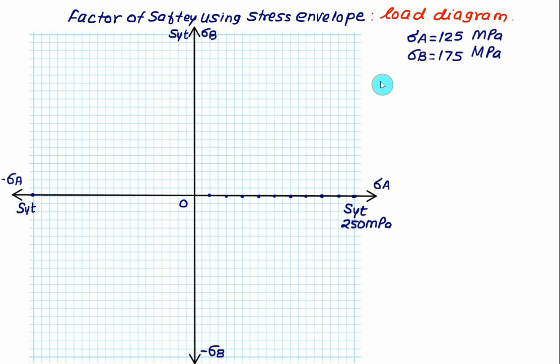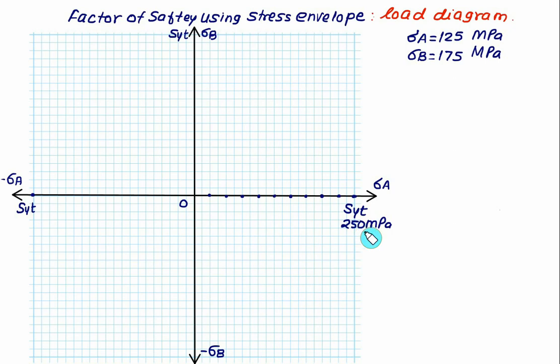We can find out the factor of safety using the stress envelope in the case of MSST, that is the maximum shear stress theory, and the maximum principal stress theory. So we'll consider here maximum shear stress theory, and we are given the load condition that we have principal stress sigma A is equal to 125, sigma B is equal to 175, and we have SYT is equal to 250